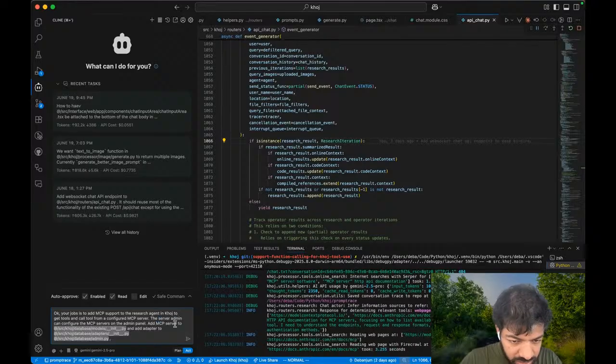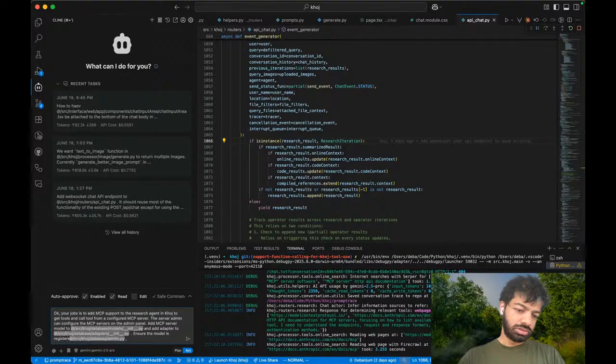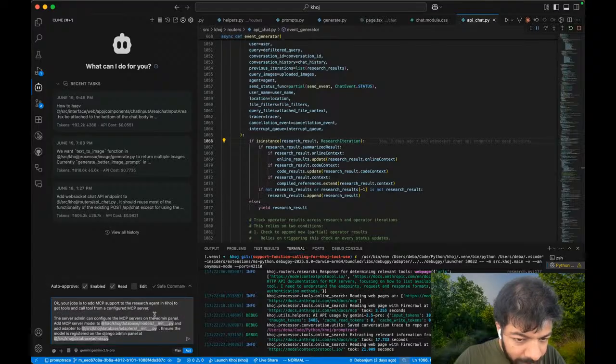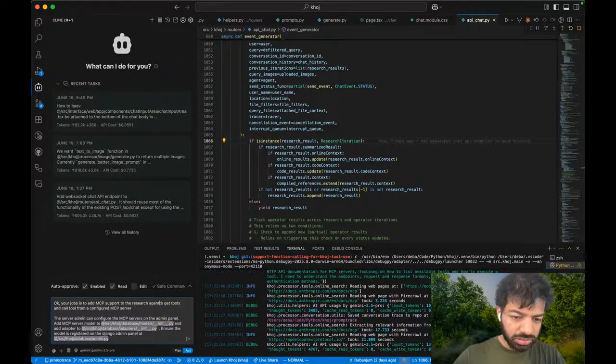Add MCP server config to this, and then an adapter to this. Ensure the model is registered on the Django admin panel at this. Okay, those are fine. Those are just like prerequisites, and then let's say Khoj at